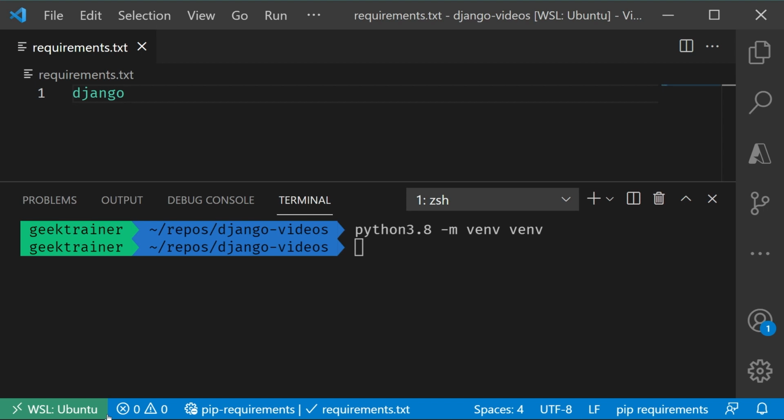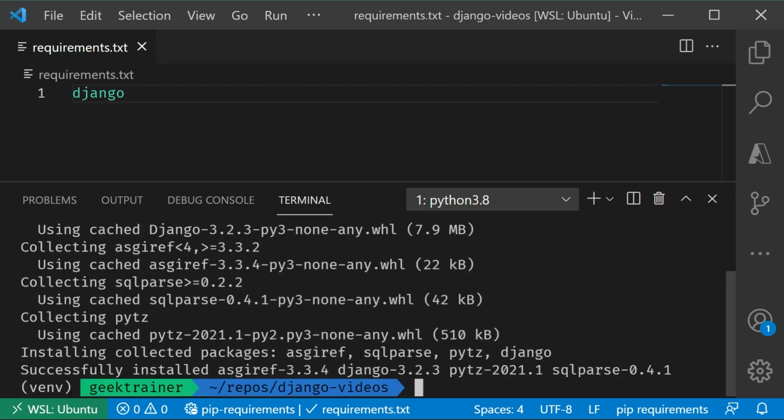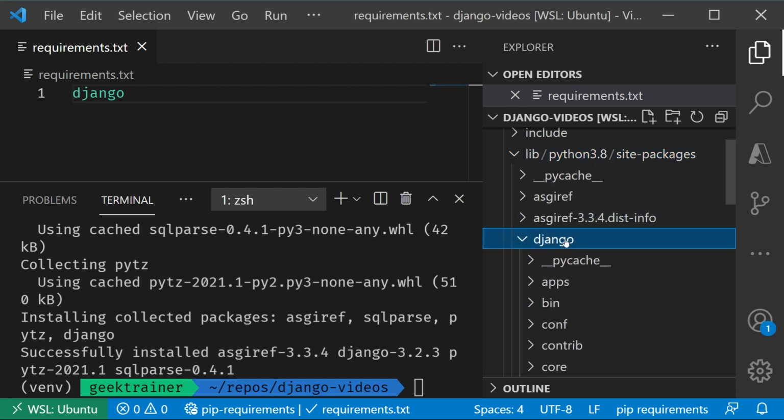So now before I install it, I did skip one little step here. Let's make sure I don't forget to activate the virtual environment. And I'll do that by saying source venv/bin/activate. There we go. Make sure that we do that. And now let's go ahead and pip install, here we go, -r, and then that requirements.txt file. And whoosh, now it will install Django for me. And as I highlighted that little venv folder, if I go into lib and I go looking around, you're going to notice that there is Django right there.